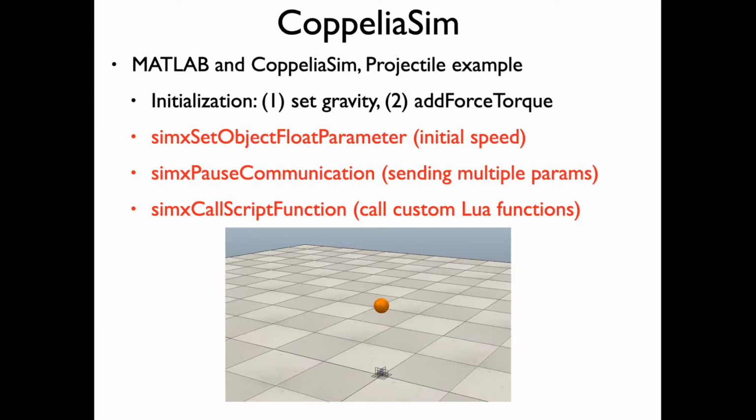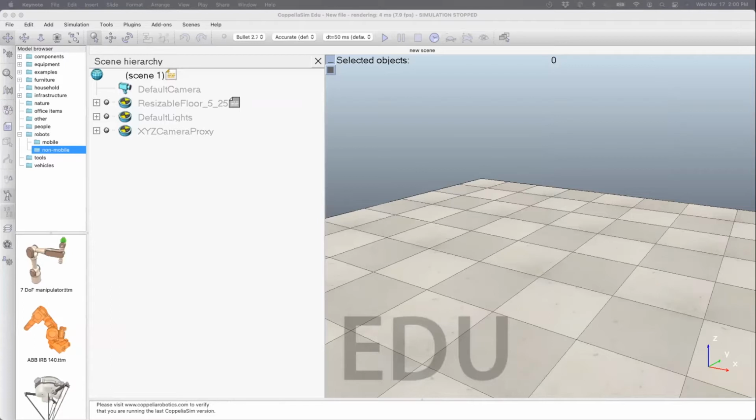There are Coppelia Sim commands which can be called from MATLAB. There's a separate API for that, and I'll show that API too. Some of the commands which you'll be using, I've listed over here, and I'll show you how they are used as they're used. Okay, so find the